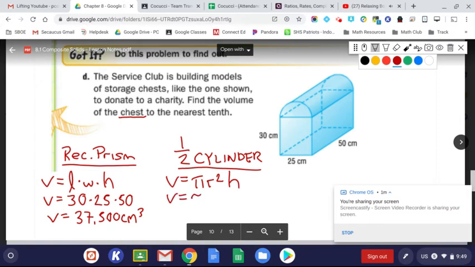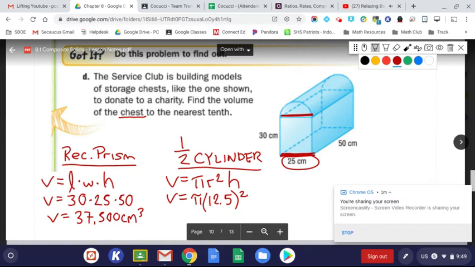In this case, our radius, we don't know, but we do know our diameter. Our diameter is 25. And I know that because if this is the bottom of my rectangle, then this has to be the top, which is also 25. Half of 25 is going to give us our radius. So in this case, half of 25 is going to be 12.5, and that's going to be squared, times our